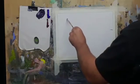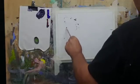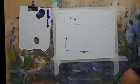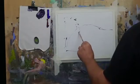I'm just trying to think, I want to have my main tree to sort of sit up in here somewhere. And sort of a foreground interest. So it's going to sit somewhere there. Which means I don't want to make Mount Nindri too big. It's got this sort of roundedness